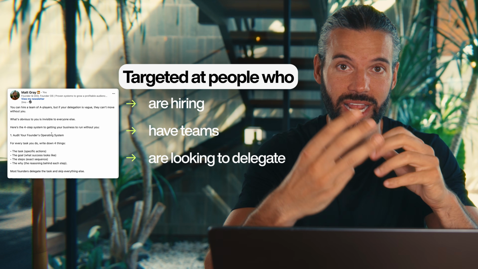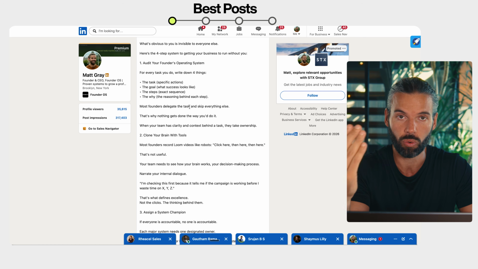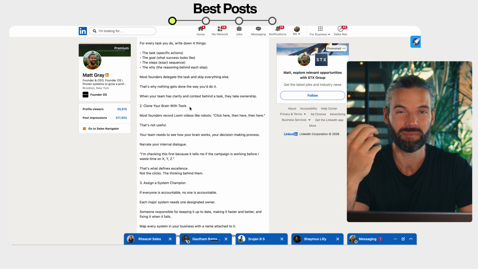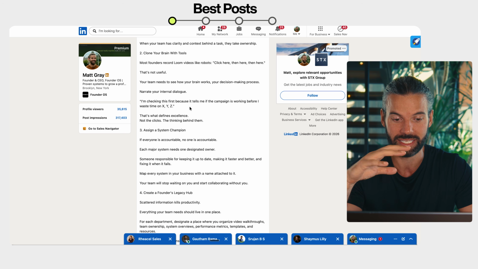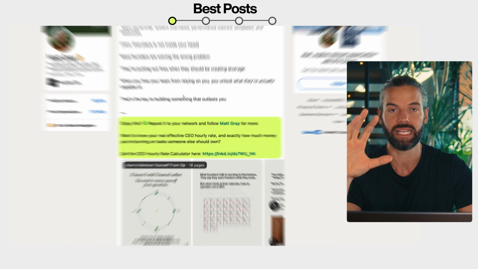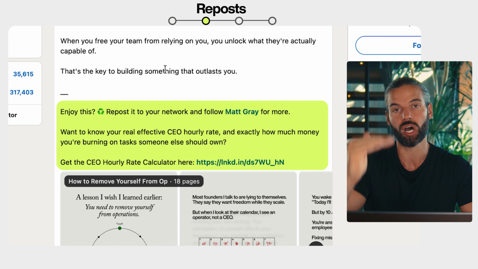3 core things that I know my market actually needs. I'm not looking to just create some viral garbage, right? We're creating posts that are right in the pocket of helping founders develop their core operating system and be able to give them the tools and the structure to get out of the weeds of their business and build a team of absolute weapons.